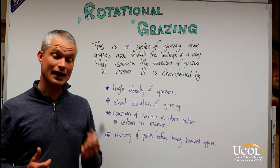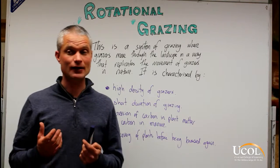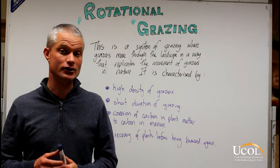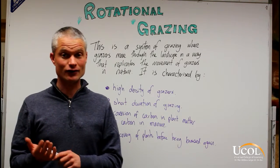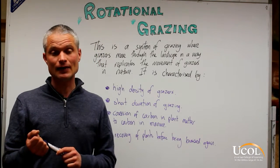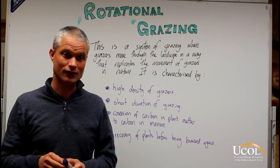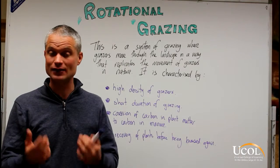of the carbon in the plant matter to a carbon in manure, and that manure as a source of carbon can be better absorbed into the soil to help rebuild and grow that soil and feed the soil biology than if those plants just died on the surface and dried up. Because if they just died on the surface and maybe just lay on the surface as a mulch or a dead plant, as those plants oxidize, a lot of the nutrients that are in that plant will just off gas into the atmosphere, so they'll just turn into a gas and disappear into the atmosphere,